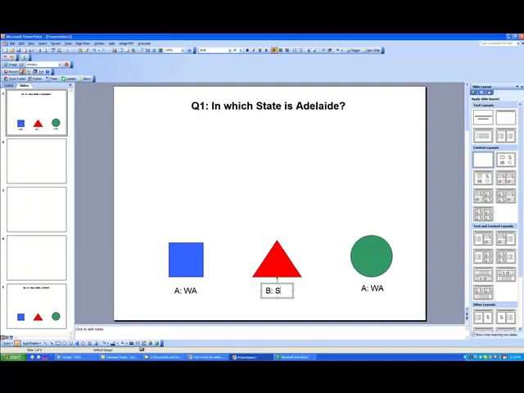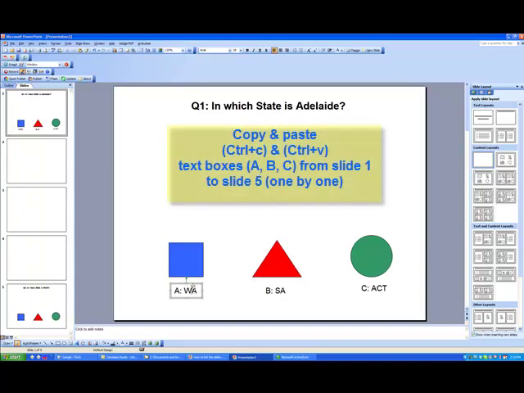Put the right state in here, and then come over to the green one, change that to C, and I'm going to change that to ACT. I enlarge the box a little bit. Okay, so now what I need to do is, because we got to put that into question number 2, we